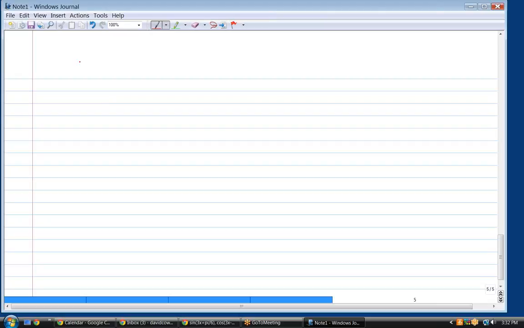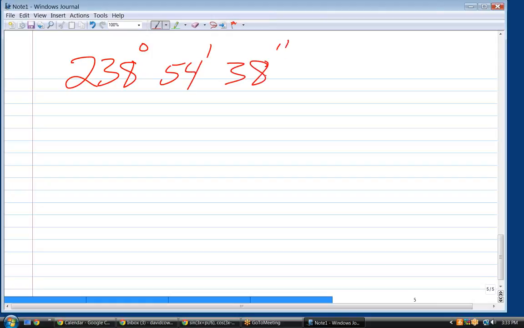The next one is convert the angle to decimal degrees and round to the nearest hundredth of a degree. The angle is 238 degrees, 54 minutes, and 38 seconds. Let's first convert this to a decimal degree angle. How many seconds to a minute? 60. How many minutes to a degree? 60. So it's really